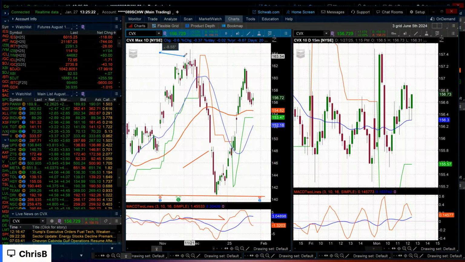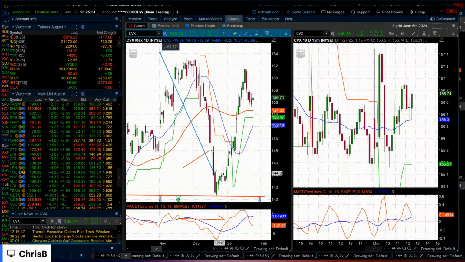So it doesn't have to be an indecision. It can be like this. That's not indecision. That's just a follow through to the upside. Reversal candle. So, I mean, I could go on for 2 hours of candles, but I'll tell you, it's the big ones that matter and the tighter ones that matter. That's what it looks like to me.